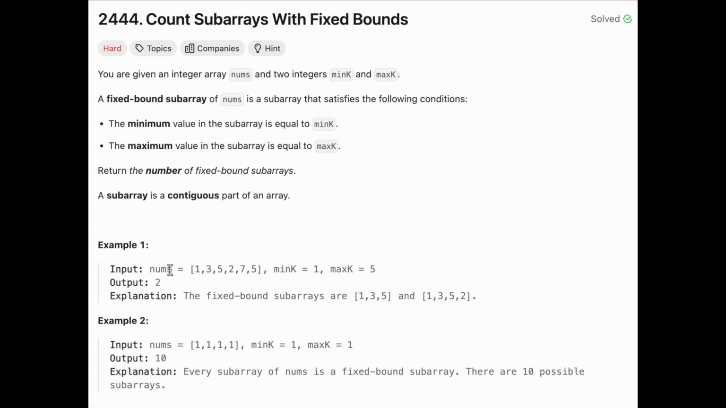So if we look at this example, we will return 2 because there are only two subarrays that satisfy it, which is this subarray and this subarray. And if we look at this example, we can return 10 because there are 10 possible subarrays. We can return 1, 2, 3, 4, 5, 6, 7, 8, 9, and 10. So we return 10. And now that we have seen some examples, let's get to how we can solve this